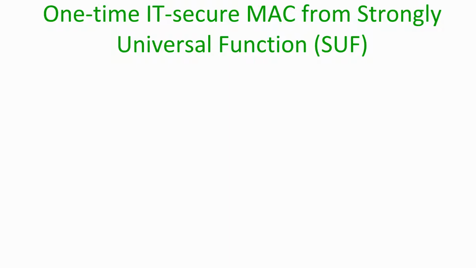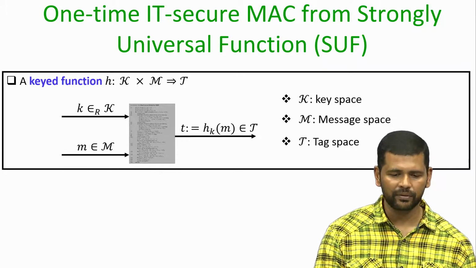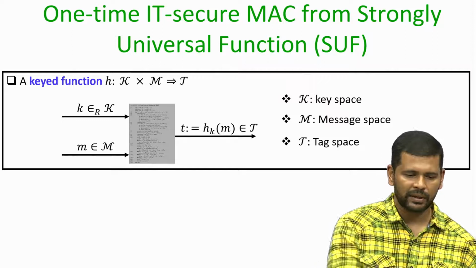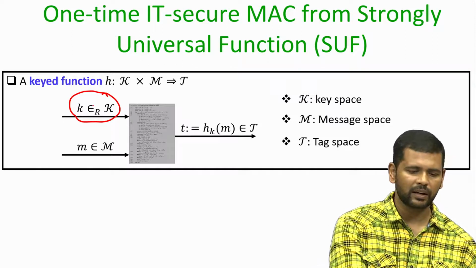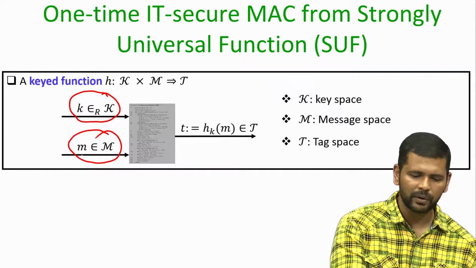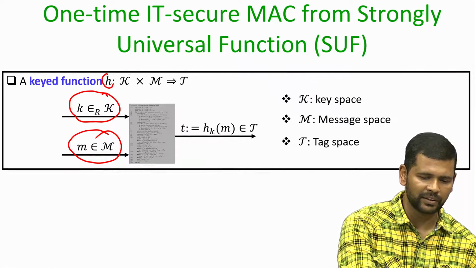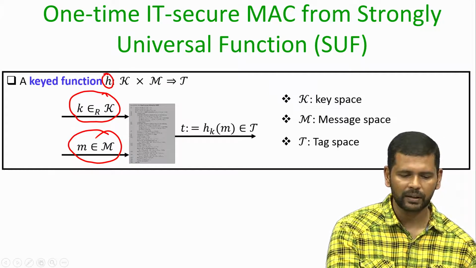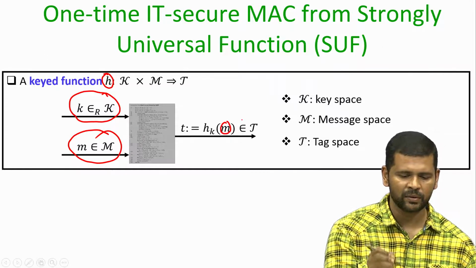And now let us see a generic construction of one time information theoretic secure MAC from another interesting cryptographic primitive which we call a strongly universal function or SUF. So, what exactly is an SUF? It is a keyed function. It takes a key from the key space, where the key will be selected uniformly at random, and it takes a message as an input and produces a keyed output. The SUF is denoted by little h, which is a 2 input function, but once we fix the key, then the input is m and the output of the keyed function on the input m is denoted as t,